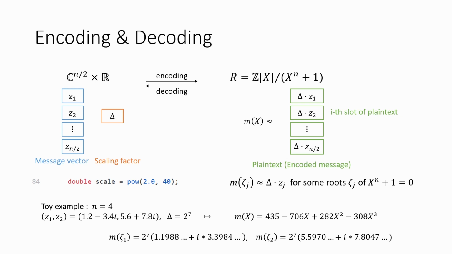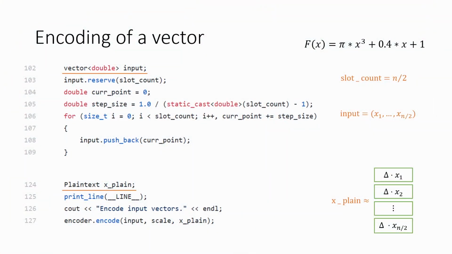And you should use a larger delta to keep more precision because m is basically an integral polynomial. So this encoding algorithm includes some rounding operation. So if you use too small scaling factor, then you lose too much precision, significant bits after the radix point. Okay, so in the source code, we first initialize the input vector, which is an n over 2 dimensional vector of